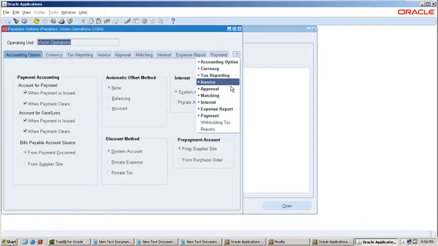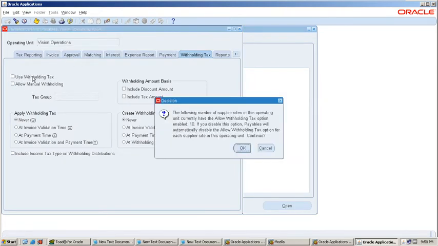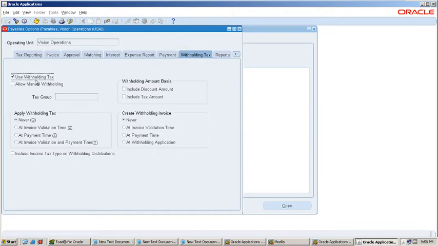If you look at the withholding tax tab, it's already enabled. Use withholding tax is already enabled. And next, here apply withholding tax, at invoice validation time I have selected, and here create withholding tax I am also selecting at invoice validation time.